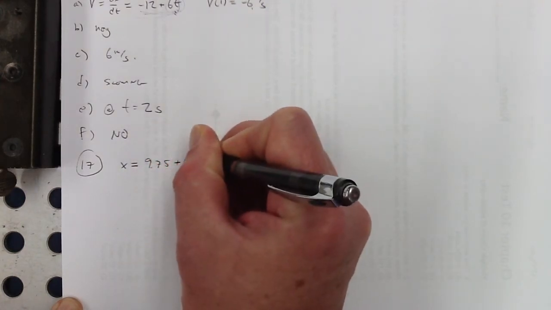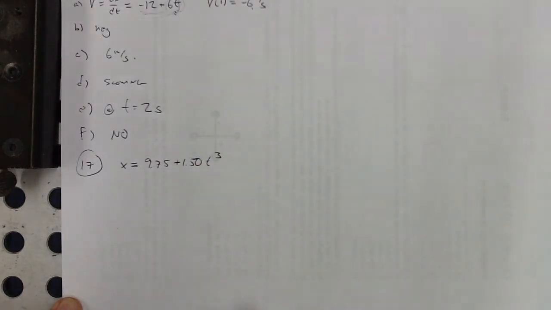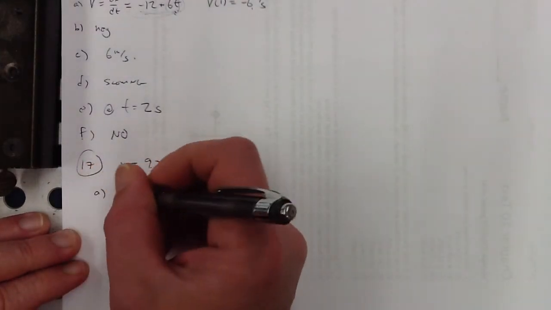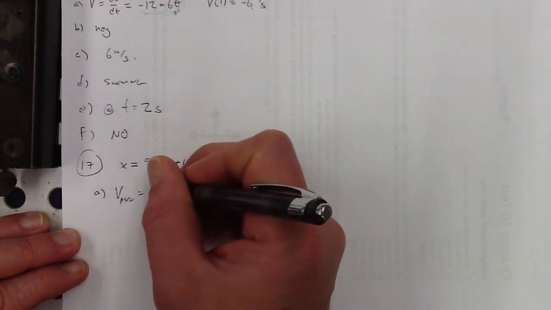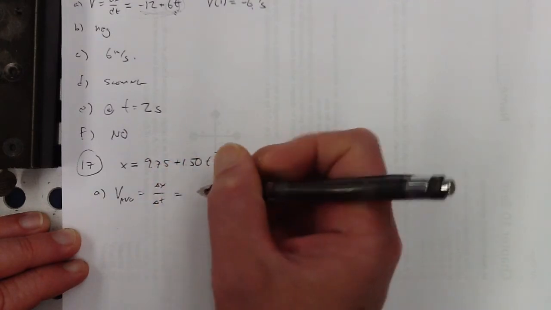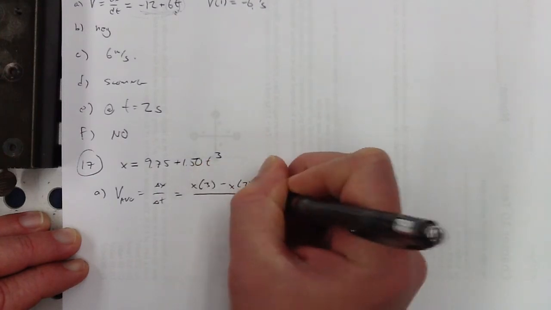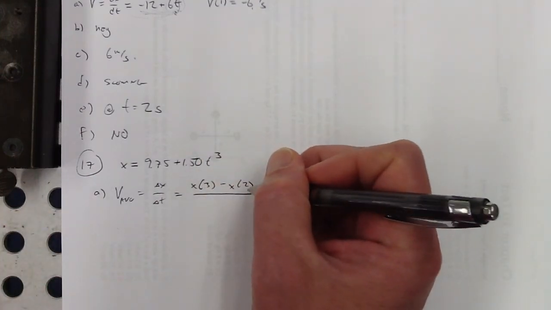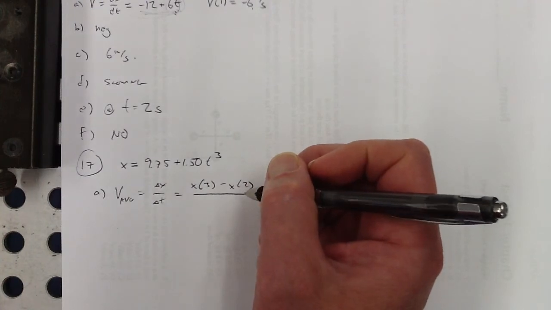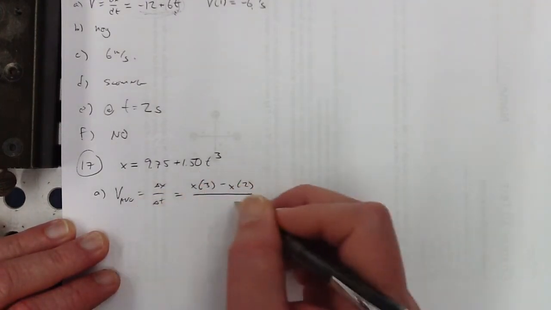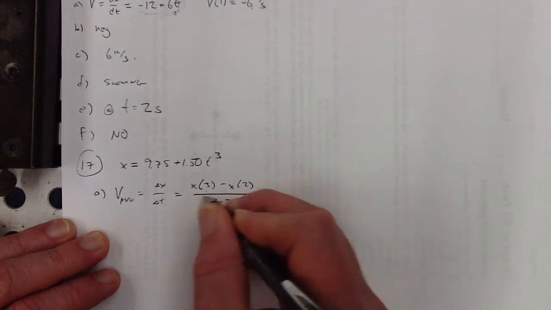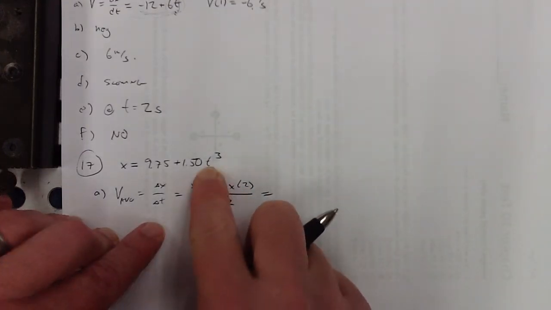And then 17: the position of a particle moving along the x-axis is given by this. x is in centimeters and t is in seconds. Calculate the average velocity during the time interval from t=2 to t=3. So average velocity is delta x over delta t, and they want from 2 to 3, I think. So that'd be the x position at 3 minus the position at 2, over the time interval. You can write 3 minus 2, but 1 second goes by there. So plugging 3 in here,